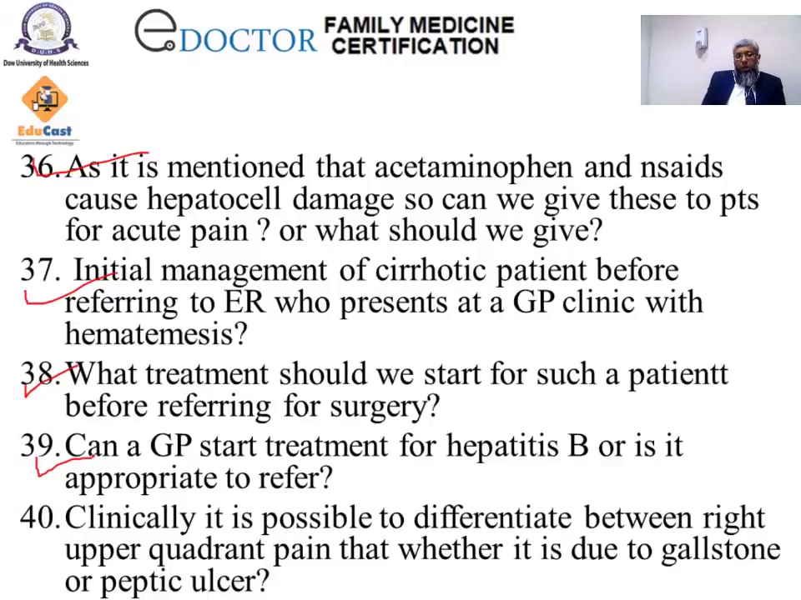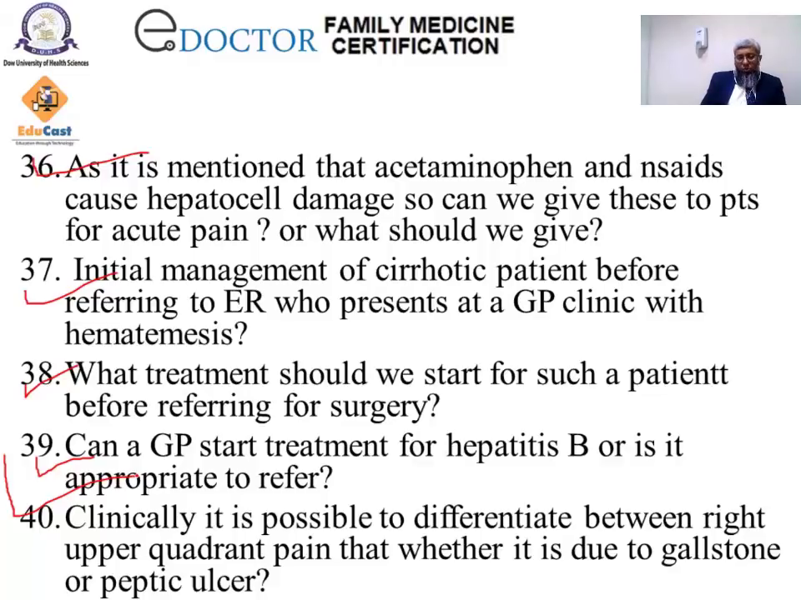Question number 40. Clinically, is it possible to differentiate between right upper quadrant pain, whether it is due to gallstone or peptic ulcer? Clinically, this is very difficult, but majority of the time the typical scenario is right hypochondrial pain, which goes to the back as well as to the shoulder blade, and it starts with nausea and vomiting. So this may help you clinically to decide that this is gallbladder pain, but for this you need